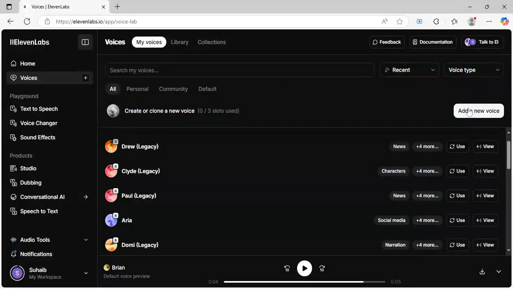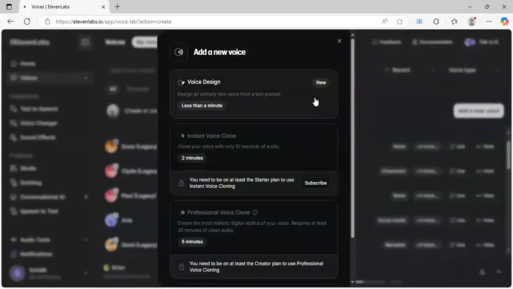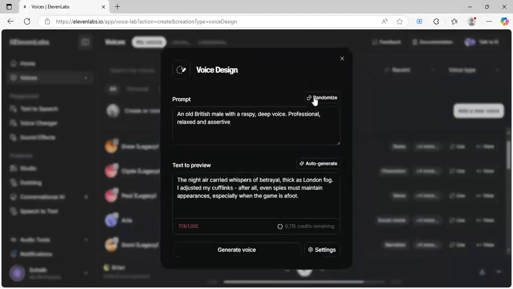Now, I will click on add a new voice. Now click on voice design. Now I will tell with the prompt that I have to create a voice that I like. So for example, an old man, British male with a raspy, deep voice, professional, relaxed, and assertive. Now let's see when I generate it,